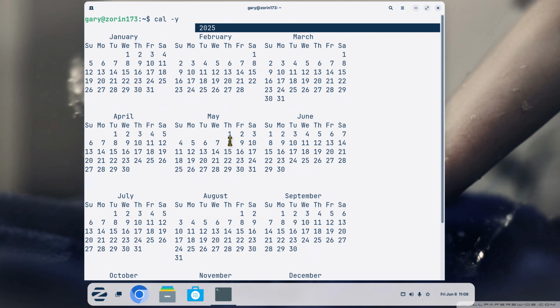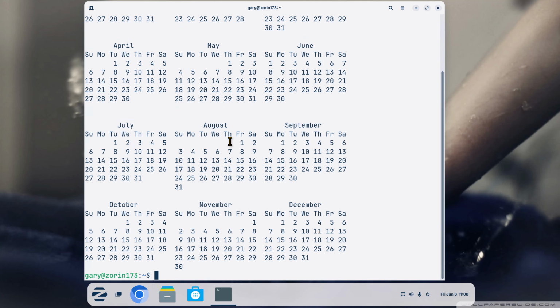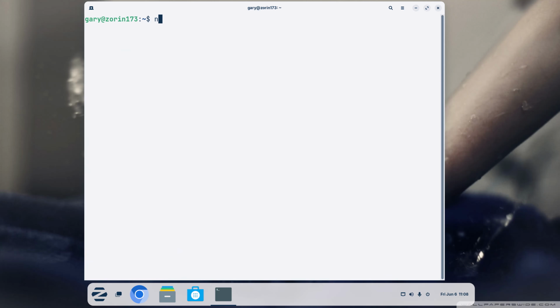I'm going to show you a way you can take this output and put it into a file in a second. But let's do the other one first. So ncal, do I want to do clear? Yeah, why don't we do that first? ncal